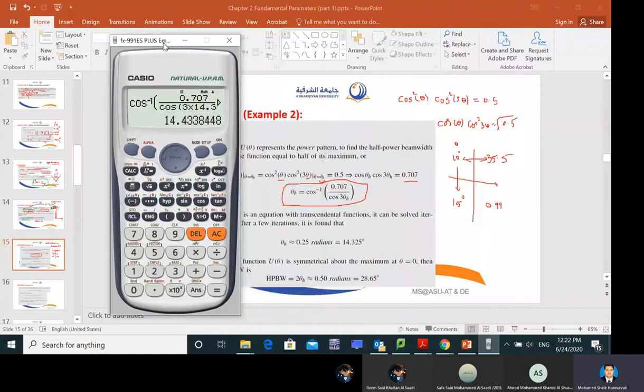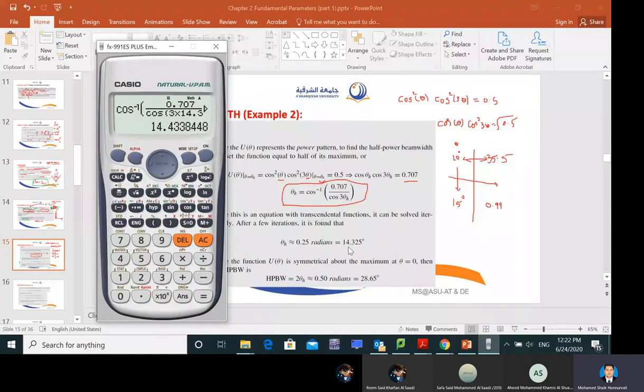As you can see here, theta h, the answer is 14.325 to be exact. If you substitute this value, you can see that it's almost nearly equal. So 14.3 is your angle theta. But there are two cosine functions here, right? This is symmetric in nature. You have two cosine functions, so you have to multiply by 2.